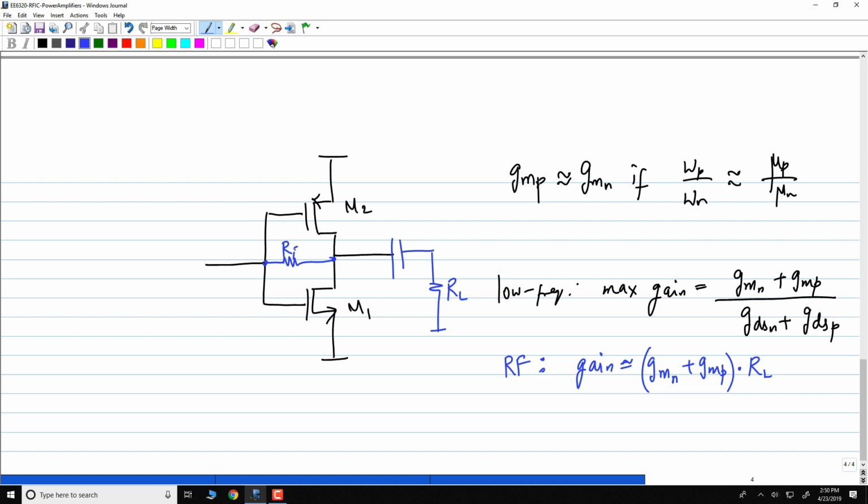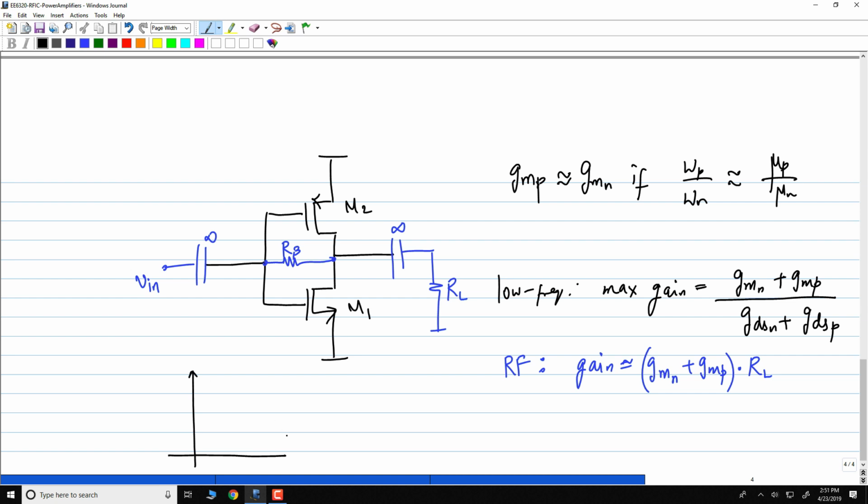I'll just call this some RB, and then of course you have to AC couple the input. I'll just show these as infinite blocking capacitors. I think you folks know how to choose these capacitors also. But if you do this, the inverter will be